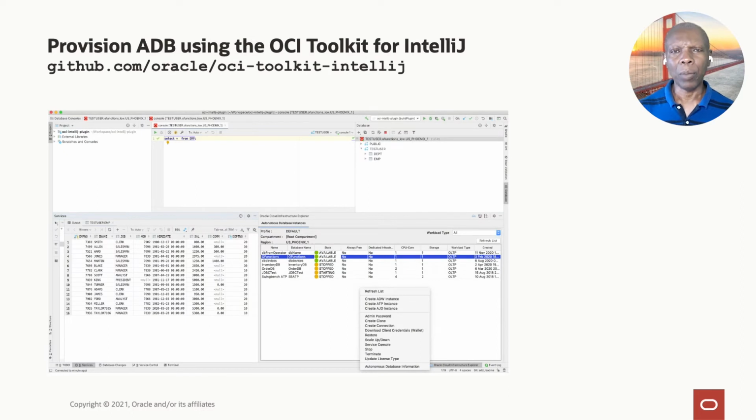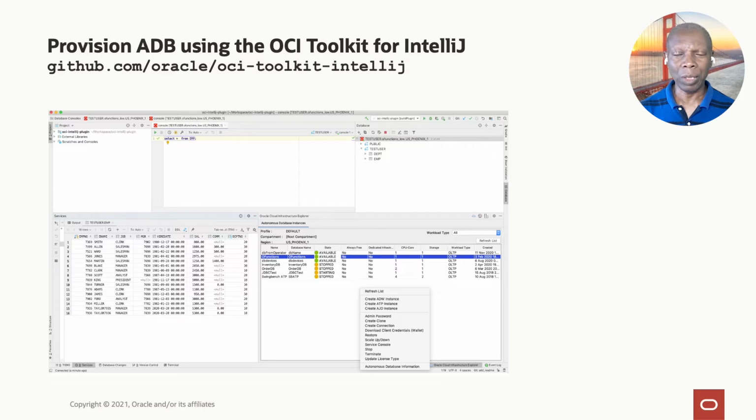The other approach for provisioning is to use the IntelliJ plugin that we have built and released on GitHub, and you can see the link at the top of the slide. With this plugin, you will be able to provision an autonomous database. You will be able to get the client credentials, and connect to the database using them.